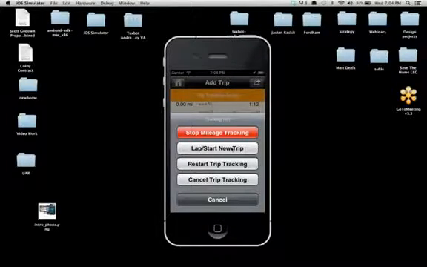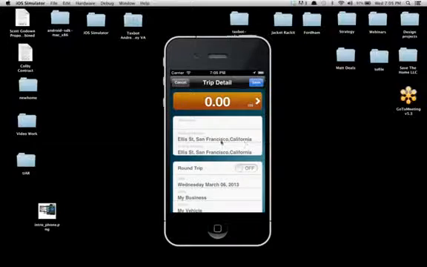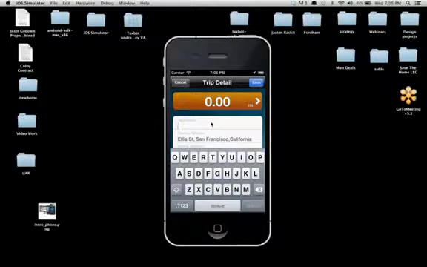So if you wanted to create a point of interest where, let's say, you're going to go visit client A, and you wanted to record that as its own stop, but you're going to go right on to client B and you're only going to be with client A for a minute, you can click Lap Start New Trip, and it's going to stop the trip, but it's going to start a new one in the background. Restart trip tracking, sometimes somebody accidentally starts it when they shouldn't have, and cancel trip tracking obviously